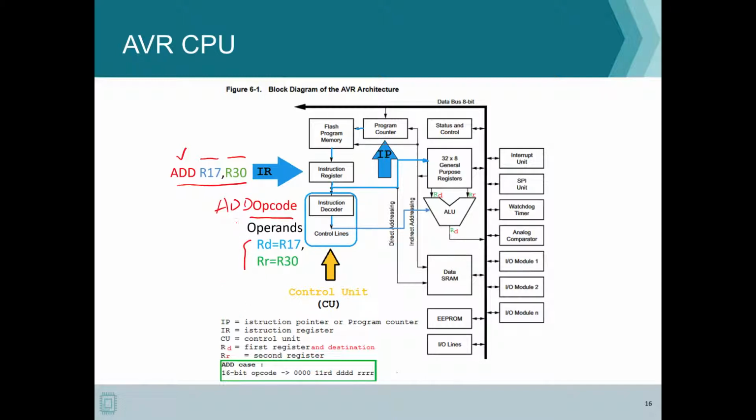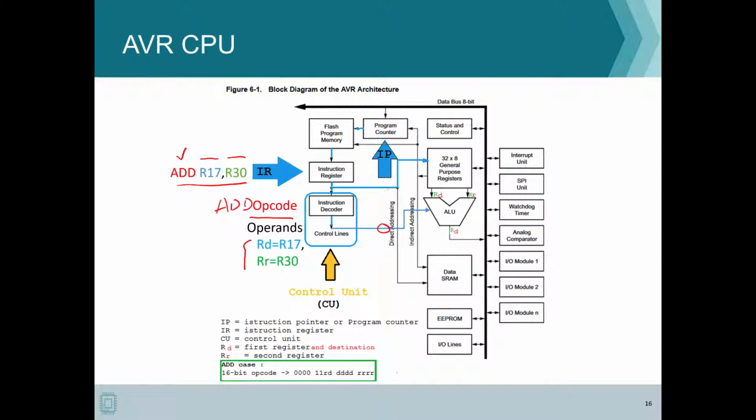The operands here are your destination, R17, and your source, R30. The instruction decoder then sends the opcode to the ALU as a control signal, and then the